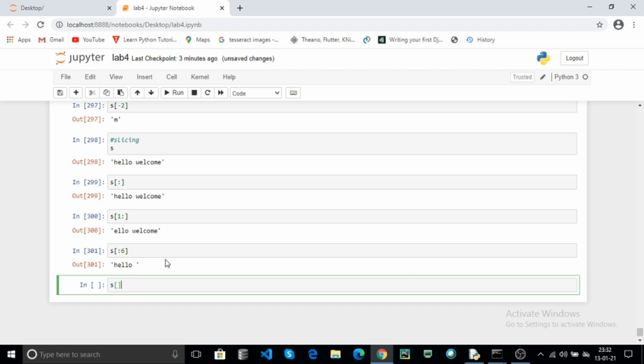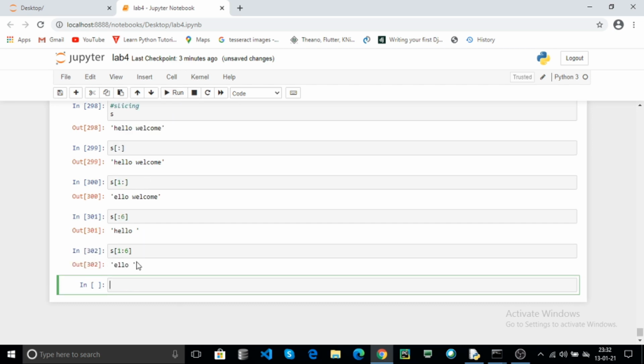You can also specify the start index and end index. Here it starts from the first index and goes before the 6th index. Click on the run. Here this is the way of accessing the substring in Python.